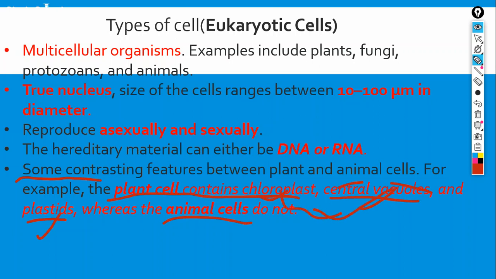I'm going to be showing you the diagram of the plant cell. It's going to look something like this, but you see that at the center we have a vacuole that is surrounded by what is known as the tonoplast. Tonoplast is the vacuole membrane. Right. Then let's go to the next slide.